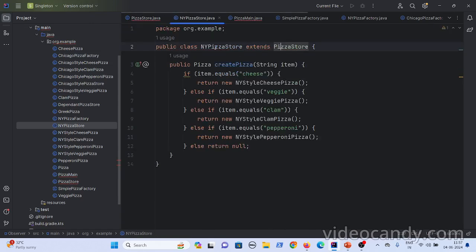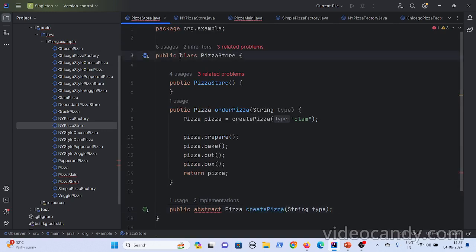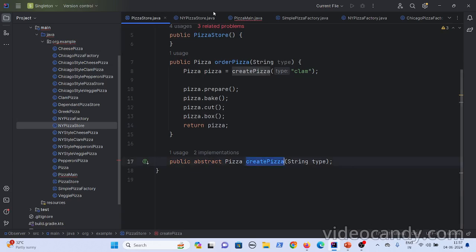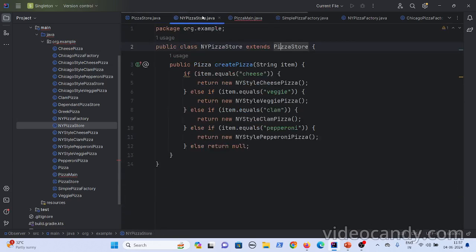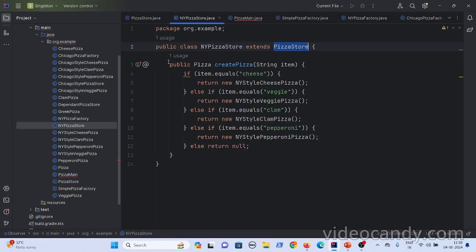My New York style pizza store extends this pizza store, and this create pizza method is declared as abstract. Now my New York style pizza store extends this pizza store, and whatever creation logic you had in here is shifted here.